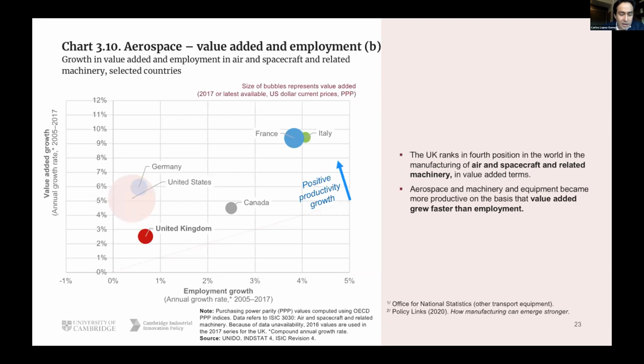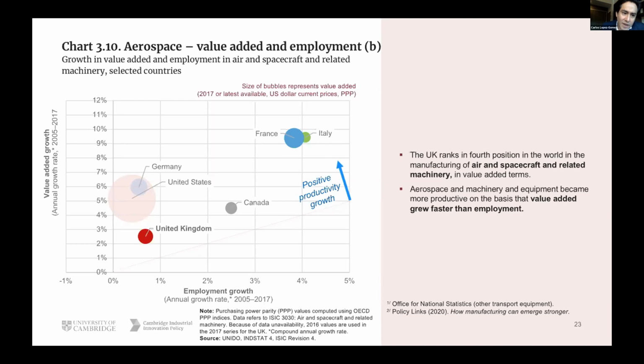So this graph compares the aerospace industry. The UK ranks in 4th position in the world in the manufacturing of air and spacecraft and related machinery in value-added terms. As we can see in this graph, productivity growth in the UK has been positive, and employment has been growing as well as value-added. So you have all these countries in the positive productivity growth. However, this graph also